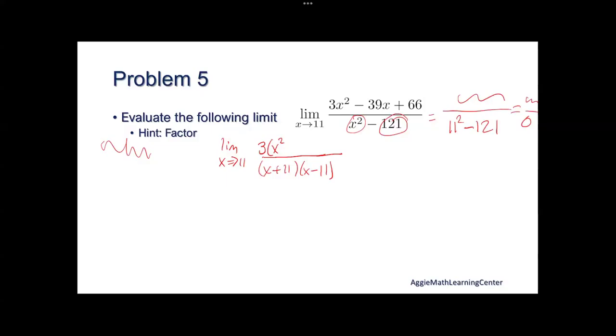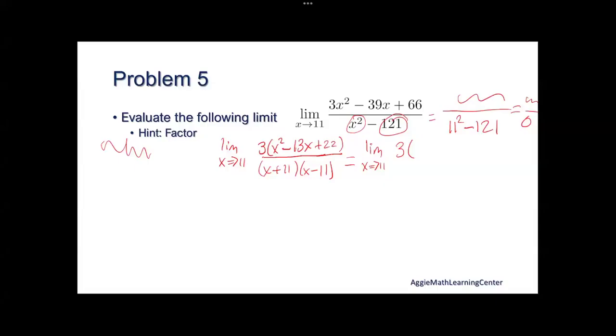So we get 3 pulled out of 39 is, well, negative 39 is negative 13x. 66 divided by 3 is positive 22. And this is actually a lot easier to factor. So what we're gonna have, the limit as x approaches 11 of 3